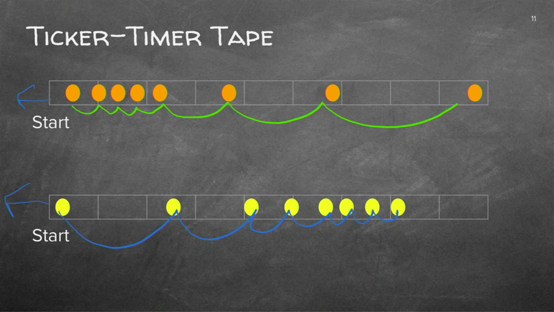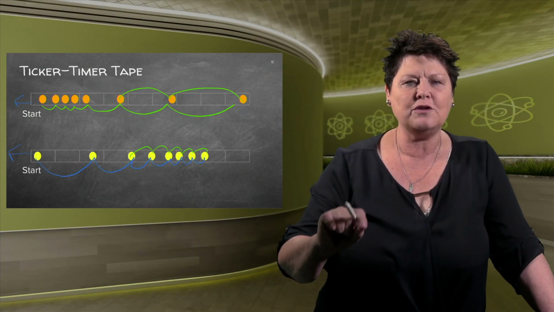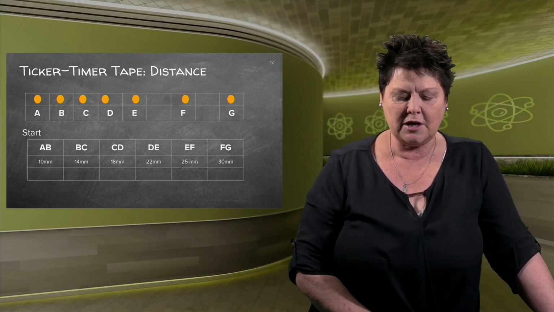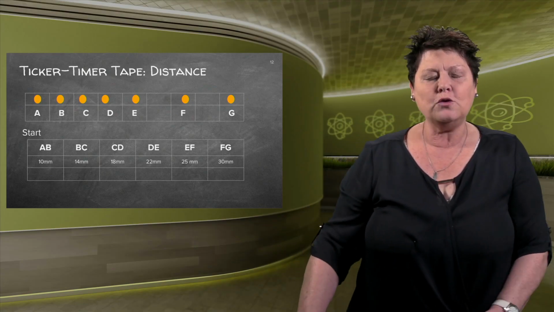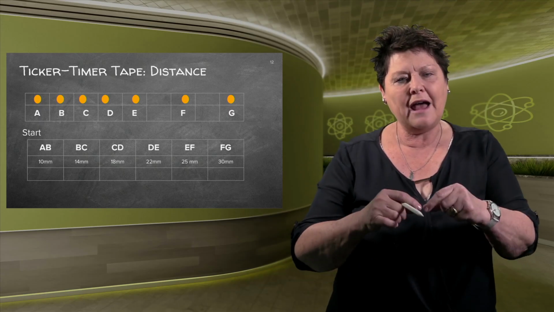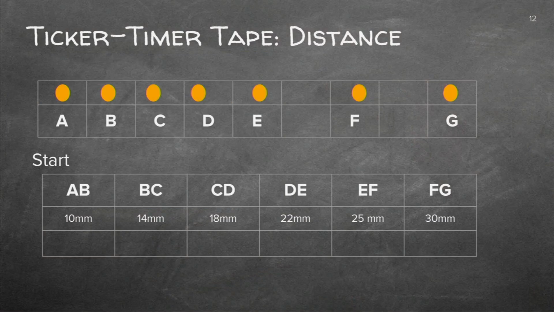Yes, this one is going faster. It's further apart. And this one is going slower. It's nearer. So the tape is moving through it and it is nearer to the previous dot. So it's going slower. Now, if you've got your ticker tape and you already have that piece of paper, you can then mark these, and it'll be very small dots, not as large as the ones I have. And you then indicate this is point A, this is point B, because that will be an interval.